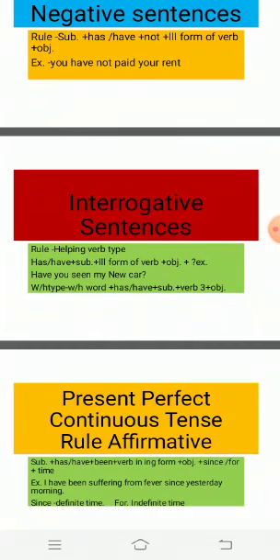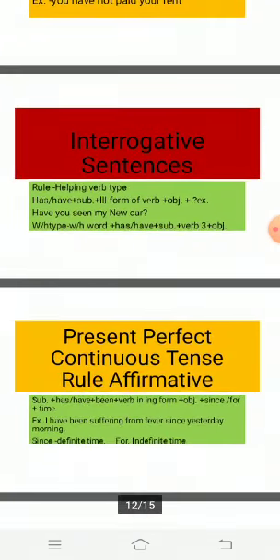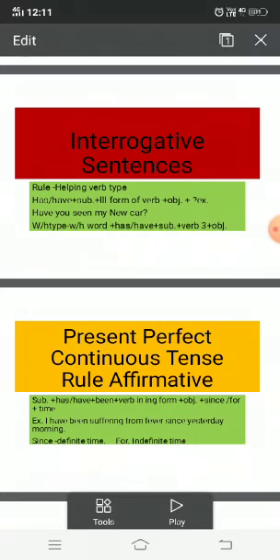In interrogative sentences, helping verb type, first of all we use has or have, then subject, then third form of verb, then object, and then question mark. Examples, have you seen my new car? And then WH type example,